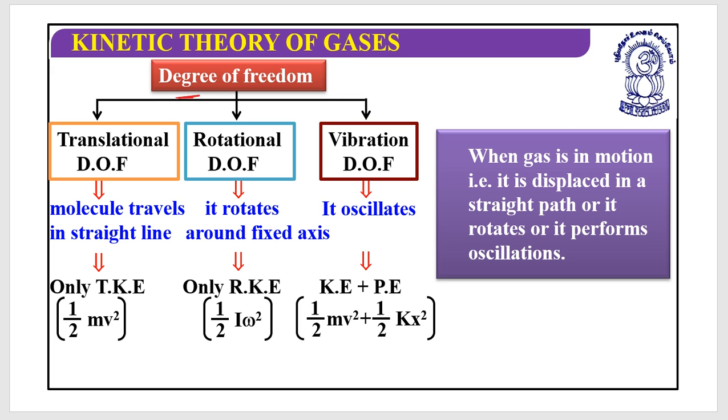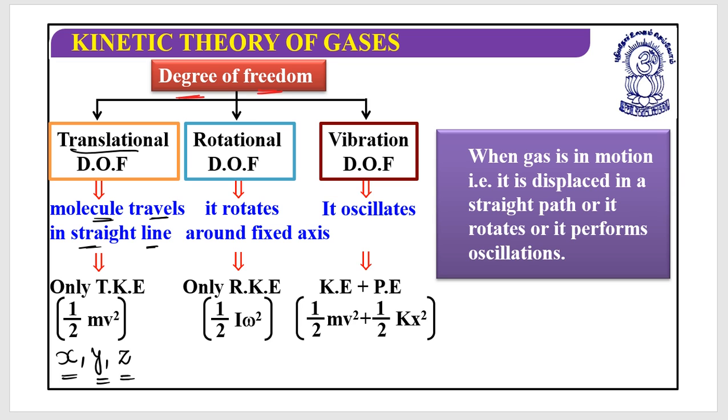So let's understand the degree of freedom. There are 3 different kinds of degree of freedom. One of them is the translational degree of freedom. In the translational degree of freedom, the molecule can travel in a straight line only. But when I say only in a straight line, it means it can move in X, Y and Z only. I hope this is clear. You are not going to move in X and Y together, that means in a plane. But this is allowed: definitely you can move in X, you can move in Y,